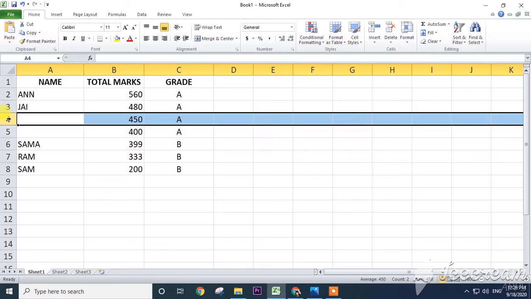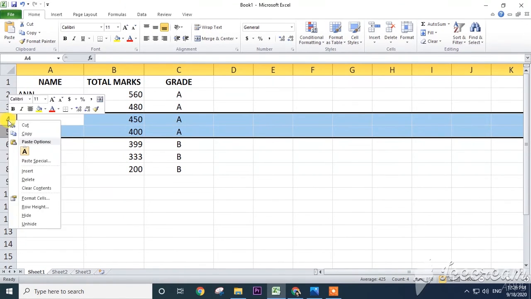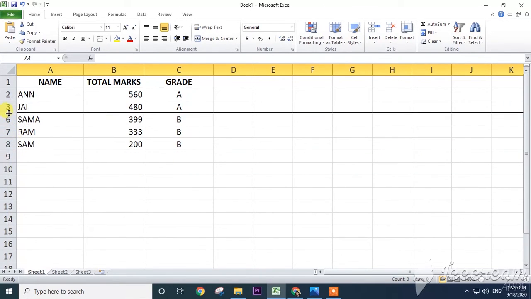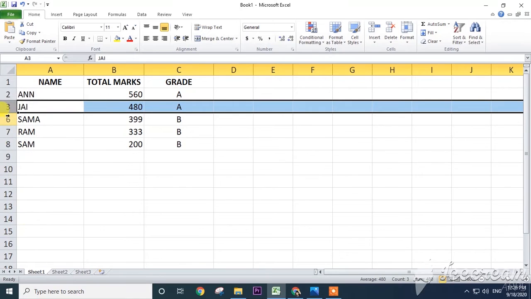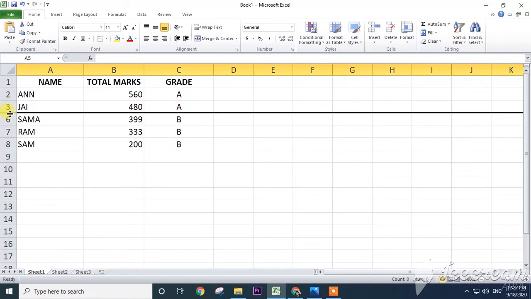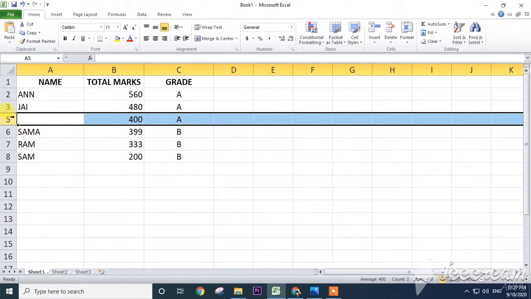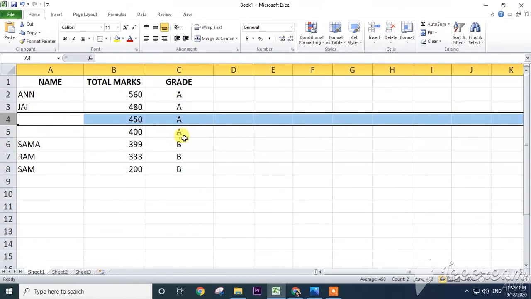Now these two rows, 4 and 5, are there. Now I want to hide these two rows. Select these two rows, and the second method I am showing: right click over there and choose the Hide option. See, it was hidden here. How can you get it back? Same here, right click, Unhide option is there. Yeah, right click and Unhide. See, 5 is there. Now again I am going to right click and Unhide. See, 4 also back. In this way we can hide or unhide our rows and columns.